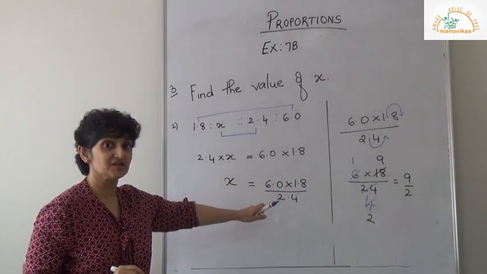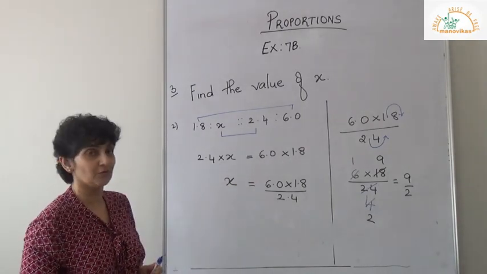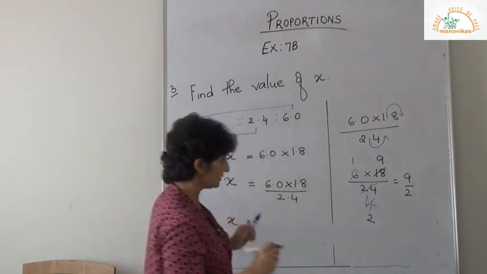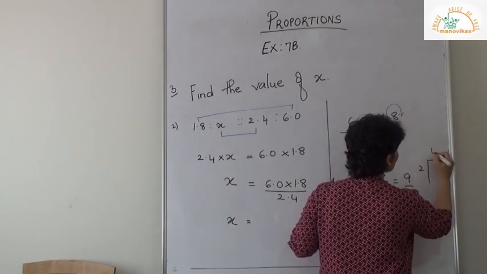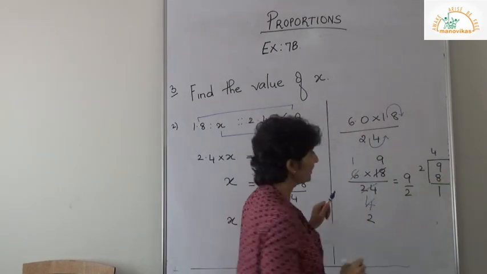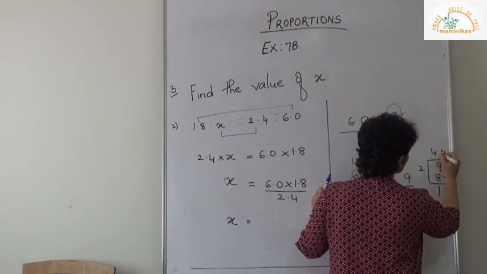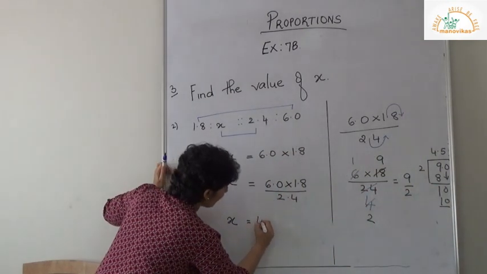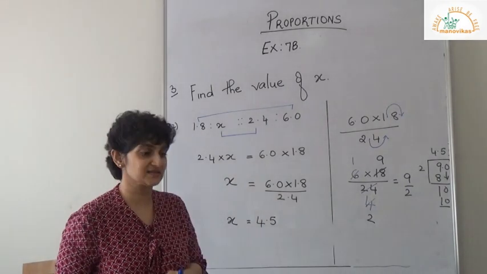Now I have it here in the form of a fraction, and not in the form of a decimal. So let me write here also in the form of the decimal. That is 9 divided by 2. 2 fours are 8. 9 minus 8 will give me 1. You can put your decimal point, bring the 0. 2 fives are 10. So I will get 4.5. Is it clear, children? Have you understood? Let's do another sum.